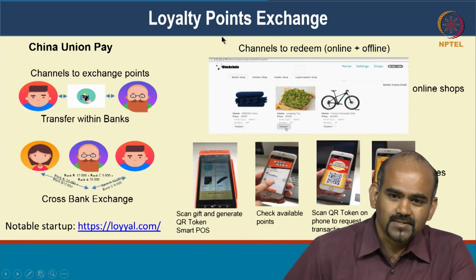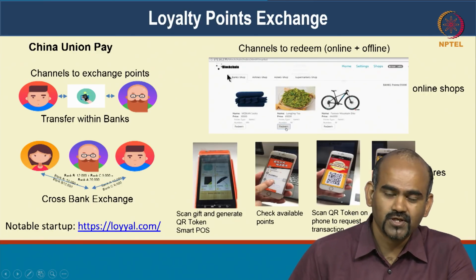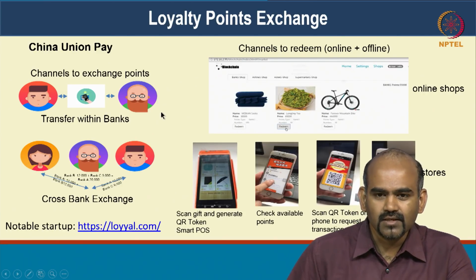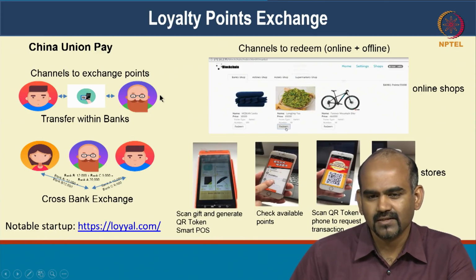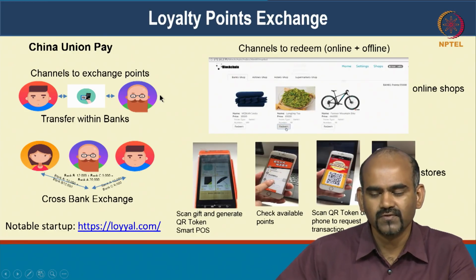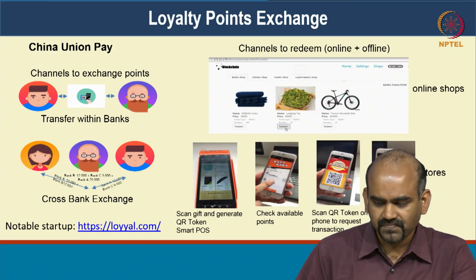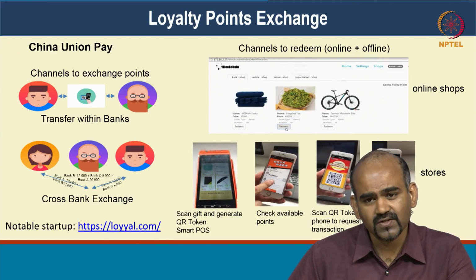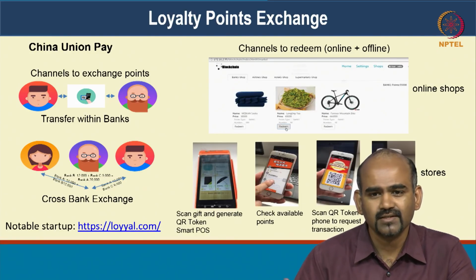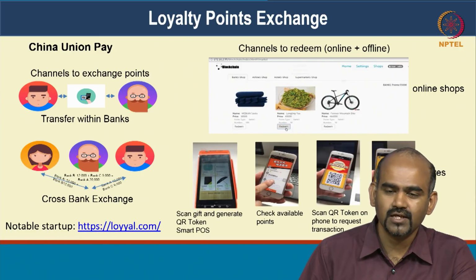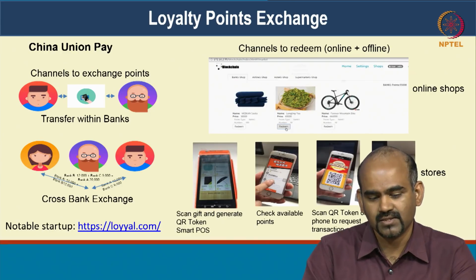So another use case which is also very, very popular, lots of startups in this space, is loyalty points exchange. So think about this. This is again work that we've done with China UnionPay, but it's just representational. Many other people have done a similar use case. So think of, in today's world, there's a large fraction of promotional points or these reward points that never get utilized, and that is actually wasted marketing in some sense for the entity that's providing these reward points.